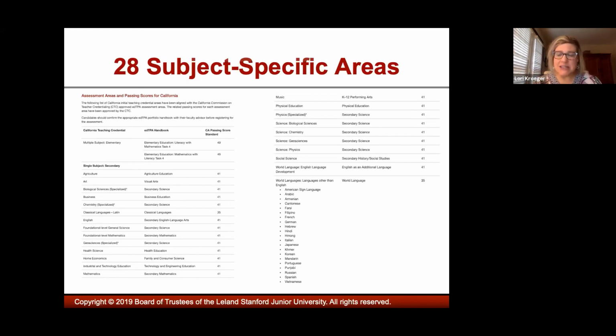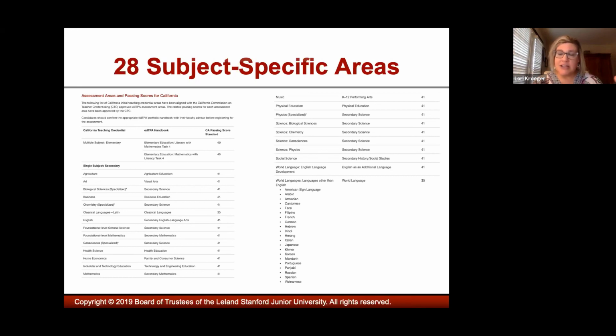If we use literacy with mathematics as Task 4, the first three tasks, planning, instruction, and assessment, are all on literacy, and the fourth task is focused just on mathematics. So that's for the multiple subject elementary.